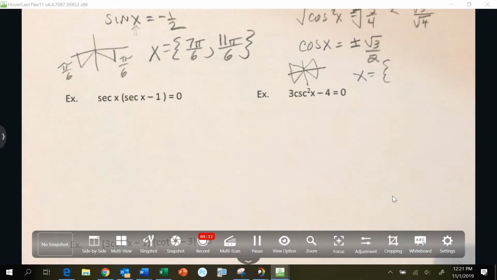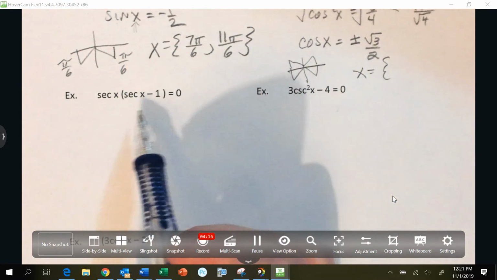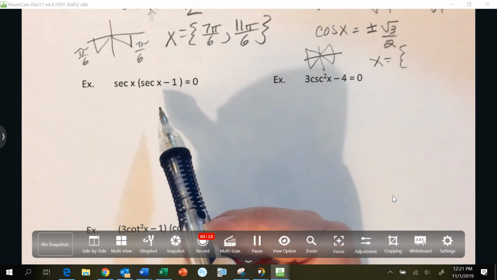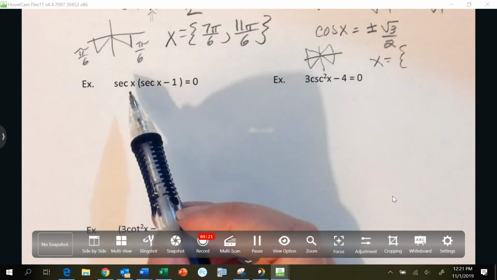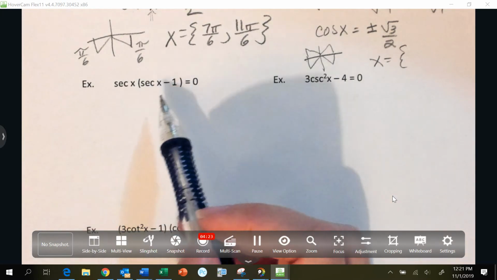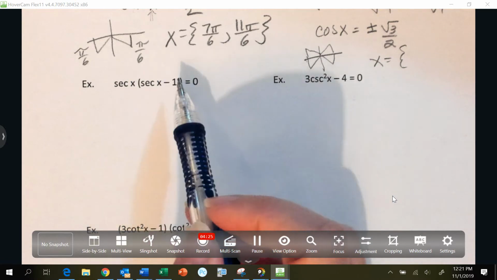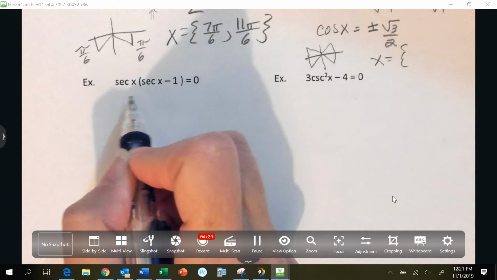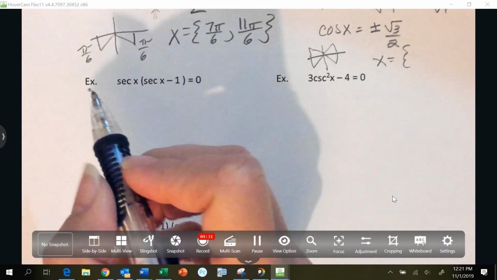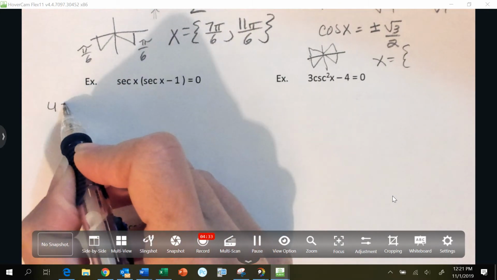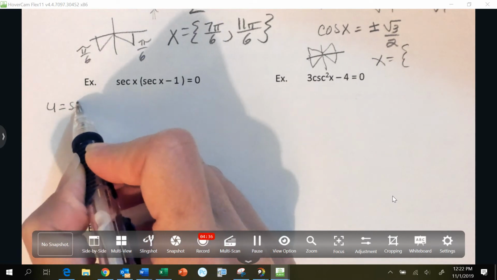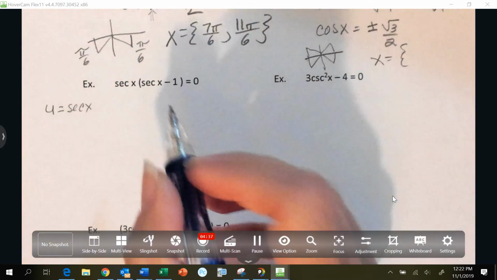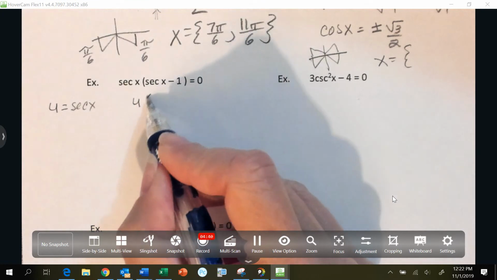And then this third example, I had a lot of questions about this as well. You're trying to solve for x. So a lot of people saw this and just didn't quite know what to do. I saw a lot of people distributing, and that's not actually the thing I want to do. What I'm going to do is I'm going to make it a little bit easier looking problem. I'm going to say that u is going to represent secant x. So if I substitute u in,